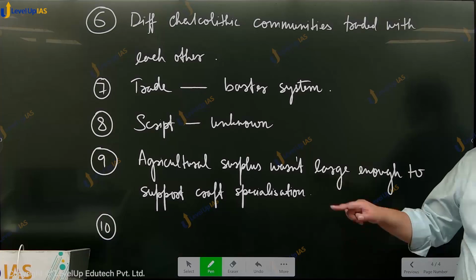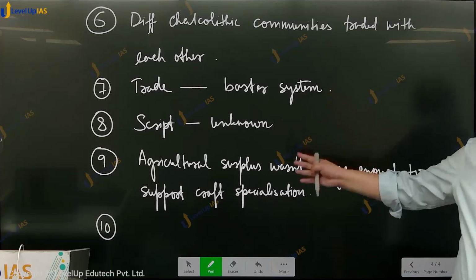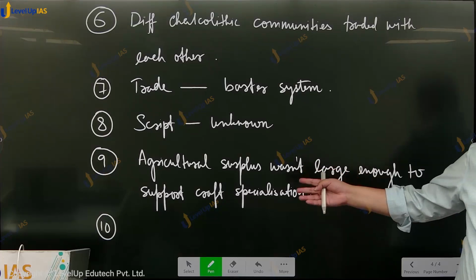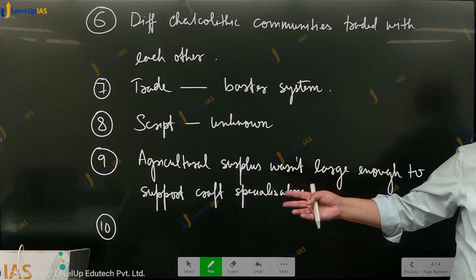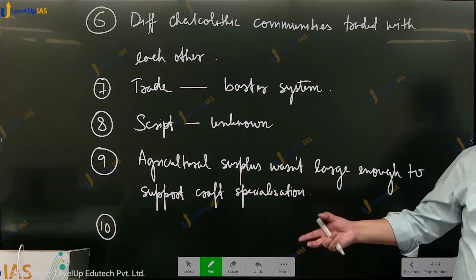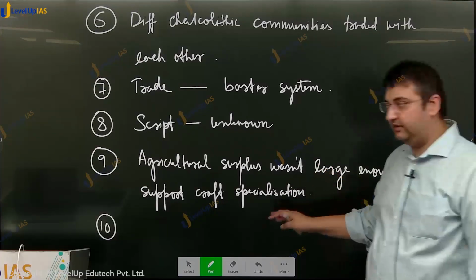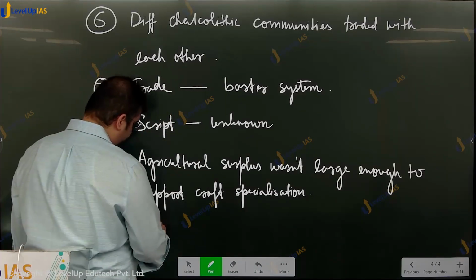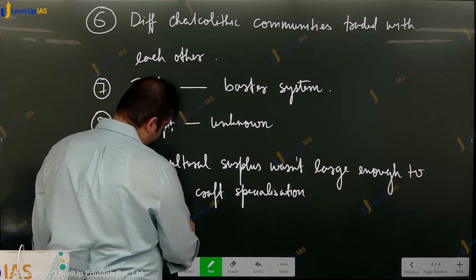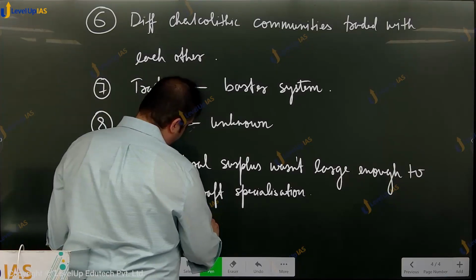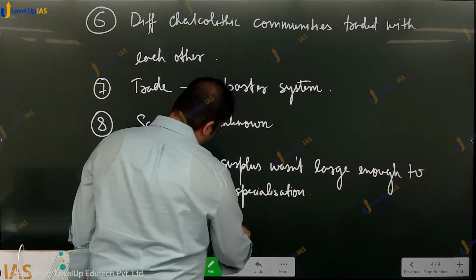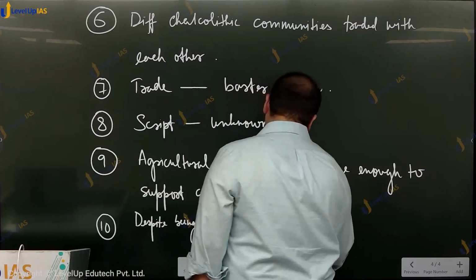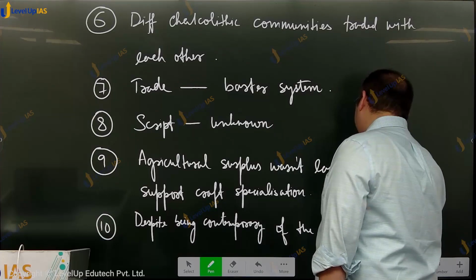So although Harappan civilization had many of these characteristics such as extensive long distance trade, the presence of a well developed and widespread script, urban town planning, etc., these were not present here. Okay, so despite being contemporary of the Harappan civilization,